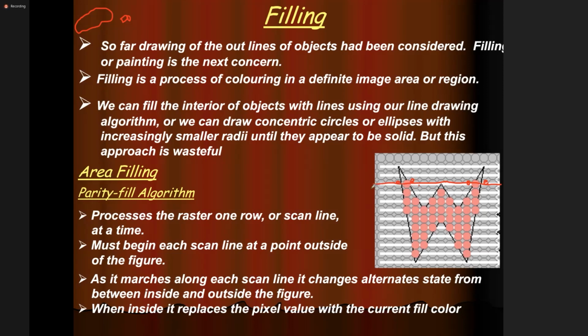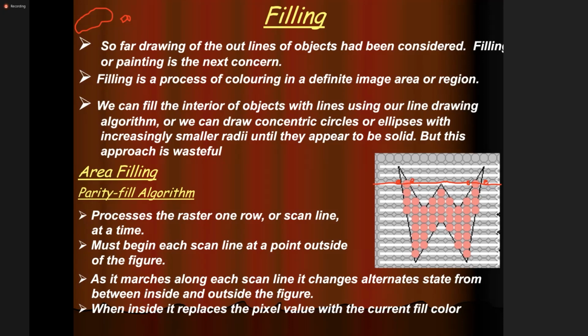When this scan line moves pixel by pixel, one by one, and we come to this particular pixel, we see that as an odd parity and mark it as odd. Next, again we are crossing over another boundary. That will become even. Again, next one is odd. After that, even. So odd, even, like that we mark it. Then what we do is, for odd to even, all the pixels will be filled. Even to odd, from here to here, we are not filling. That is how we do the parity fill